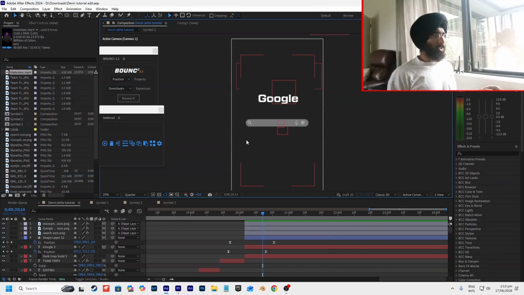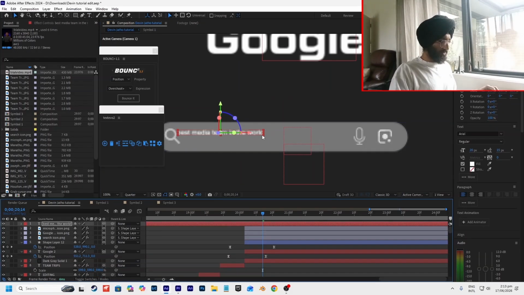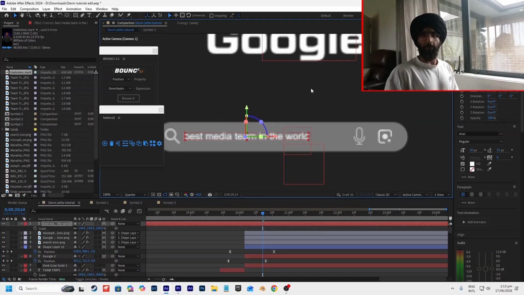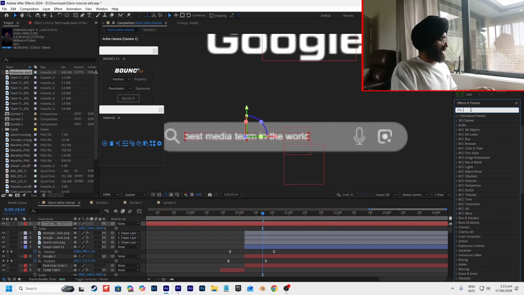Okay, so I'm gonna type out the text. It's best media team in the world, so I'm just gonna type that, and we'll make it 3D. Now the effect that we're gonna add is gonna be the typewriter effect. So just find that in your effects and presets,